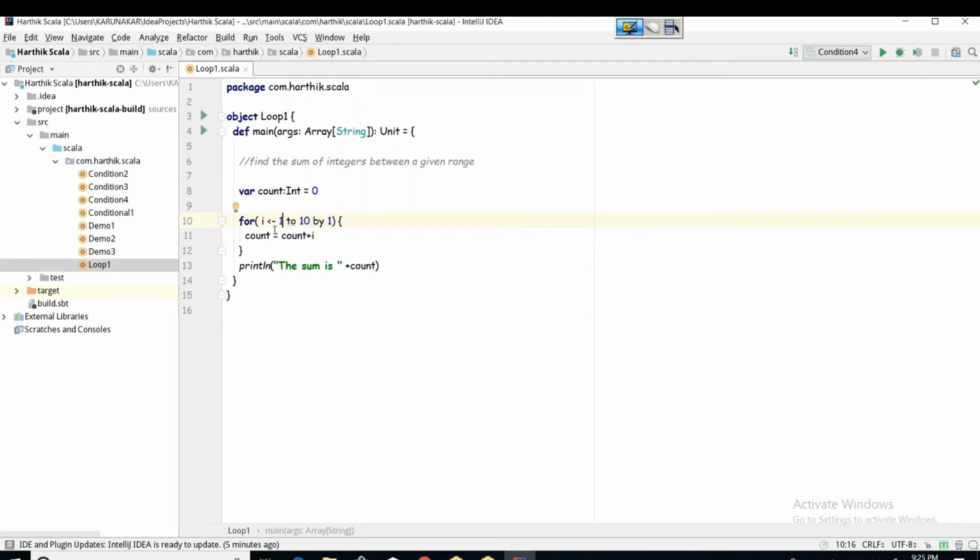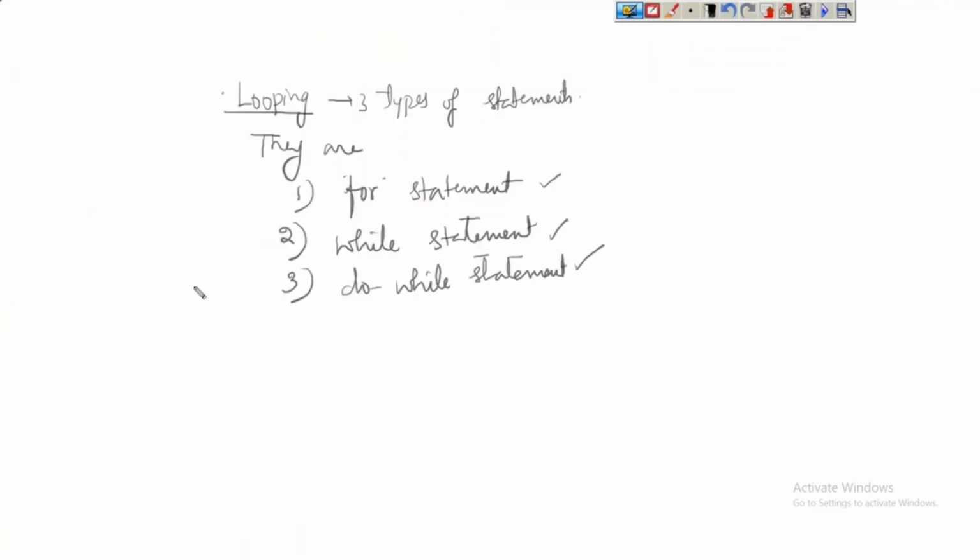Okay, I will try to explain this code now. Just see this, very simple. Here we are starting with 1 and ending with 10, and by 1 it is going to update the values like this: 2, 3, 4, 5, 6, 7, 8, 9, 10.